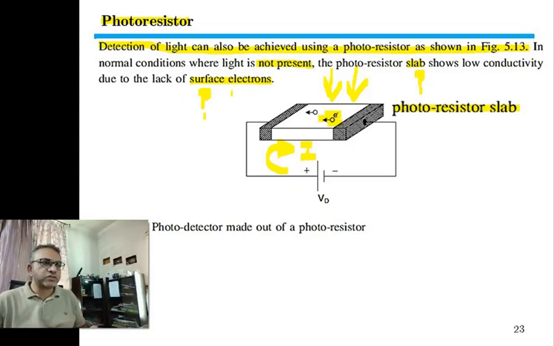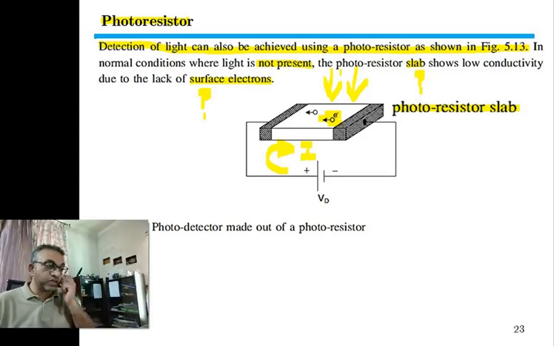What are surface electrons? The light will fall on the surface of the material. Hence, initially when the light falls, the light will only penetrate up till a certain depth, and as far as the light penetrates, this light will activate the electrons. So since most of the light will fall on the surface, only the electrons present on the surface will start to move. And as we increase the intensity of light, this light will activate more and more electrons within the slab, and hence we will obtain more current.